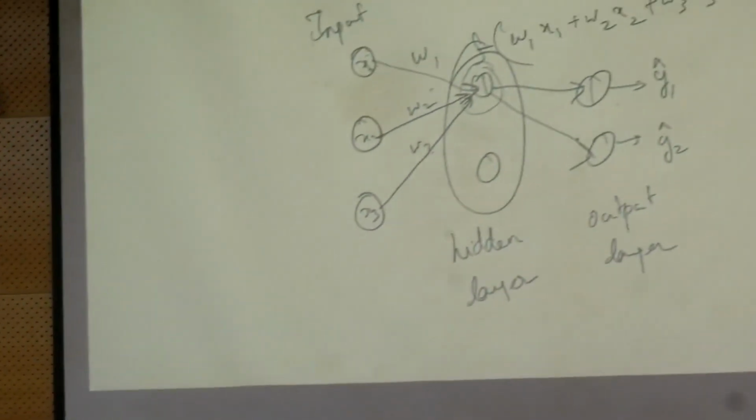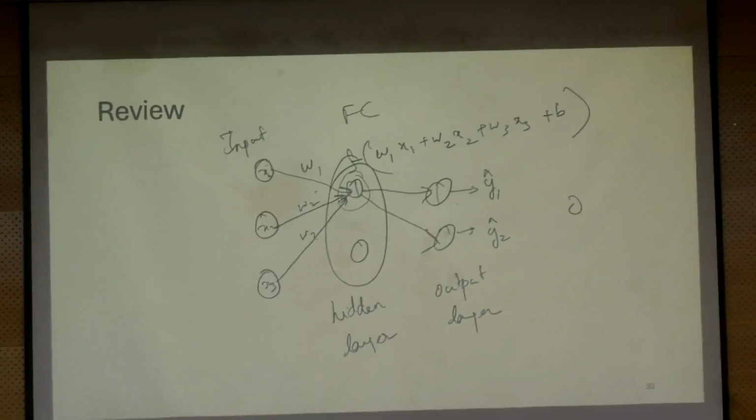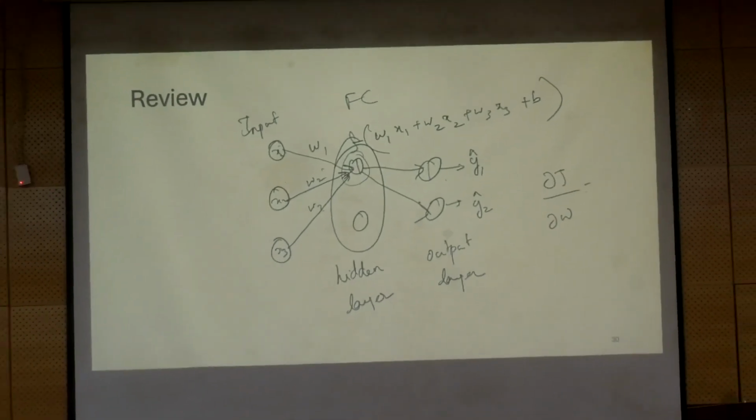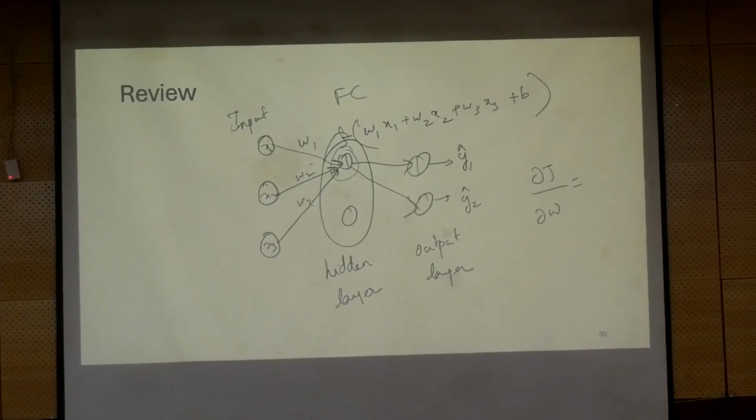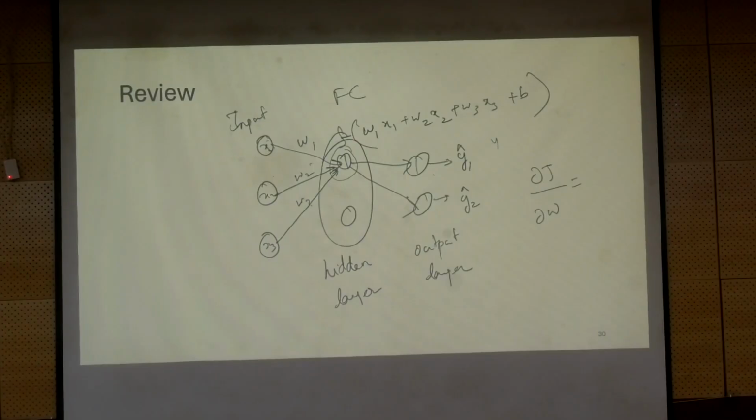One of the things we learned is how to do weight calculations or how to change weights. So back propagation was introduced. Back propagation is typically done by identifying the local gradients. Let's say there is an error function which is a loss function, the absolute value of y1 minus y1 hat. If this is the loss function, you take the derivative of it with respect to y1 itself. That will be the local gradient.